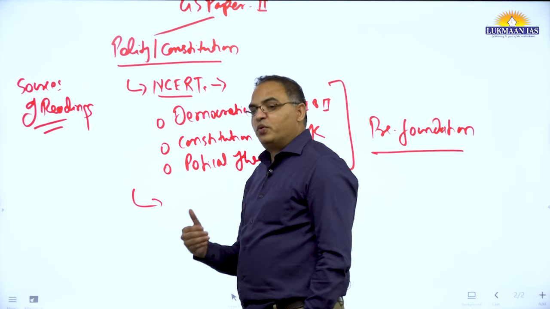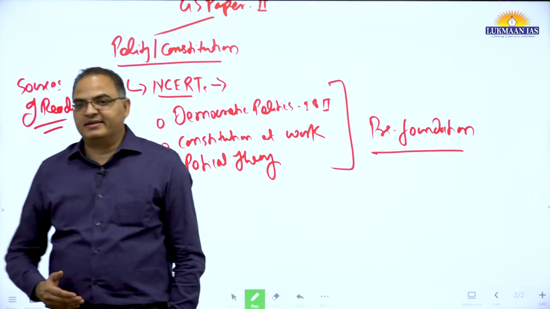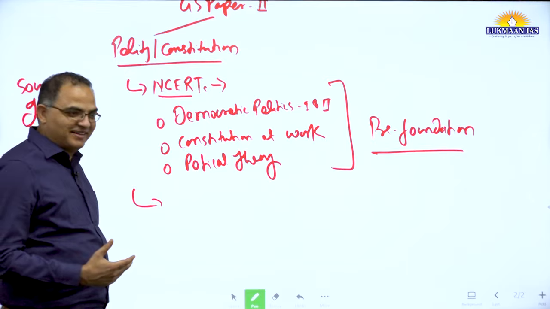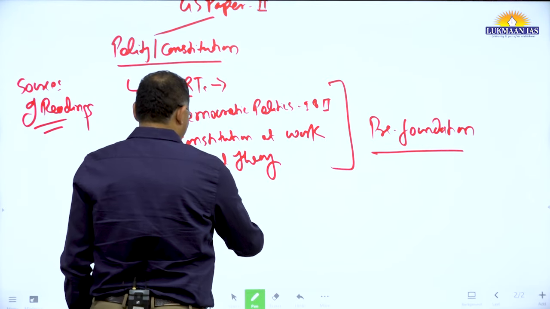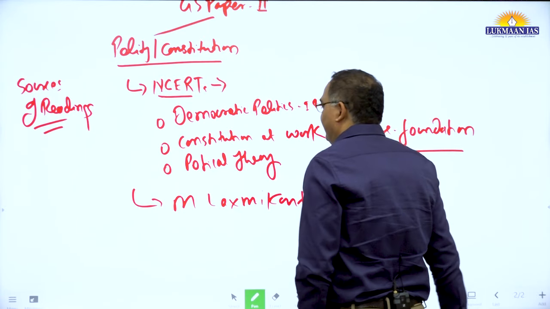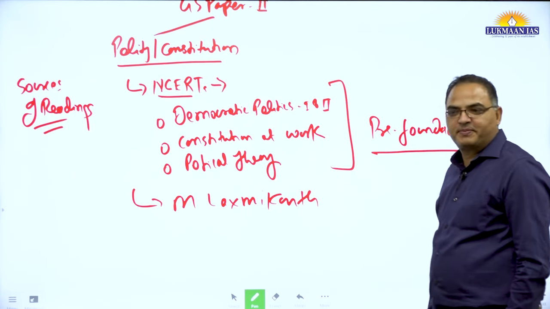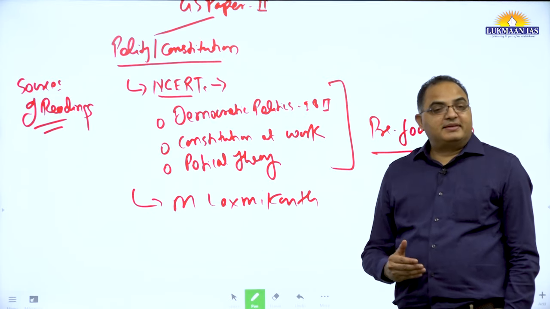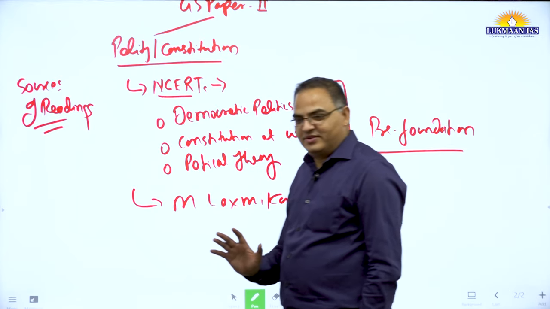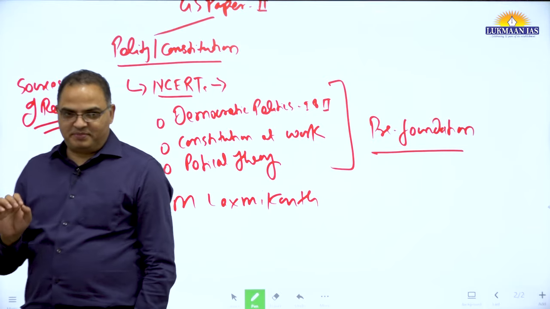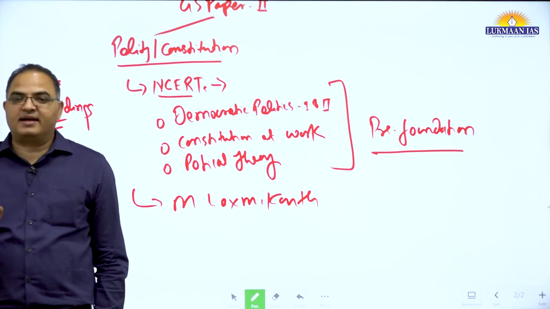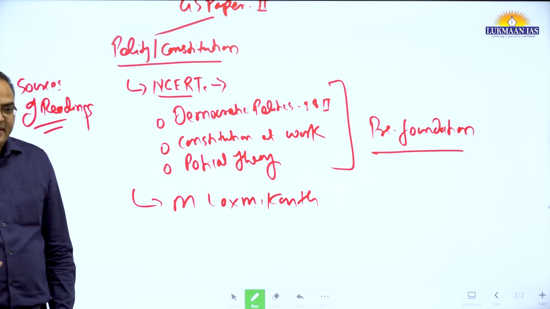Then any book which you should follow religiously, on a day-to-day basis, for polity is well known, isn't it? Lakshmikant. Indian Polity. Yes. But it is not a reliable book. This is true. It is a book followed by many people, a very common book, but it is not reliable in the sense that the language it uses is not reliable.